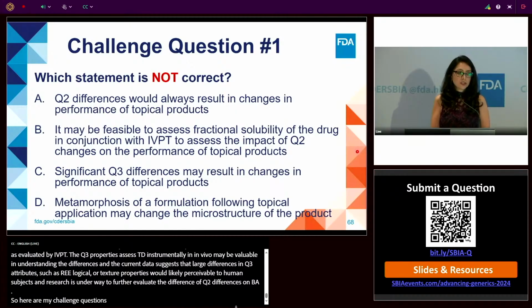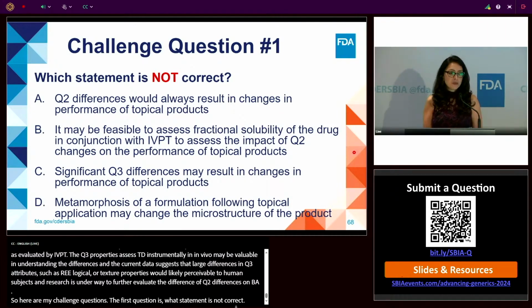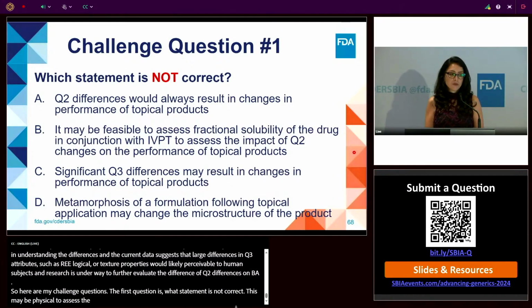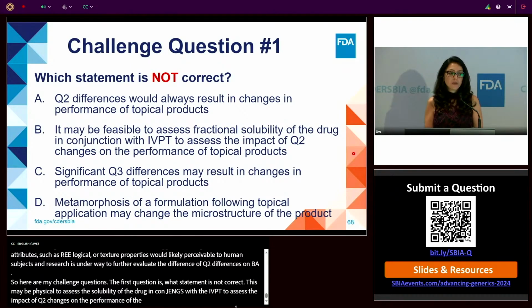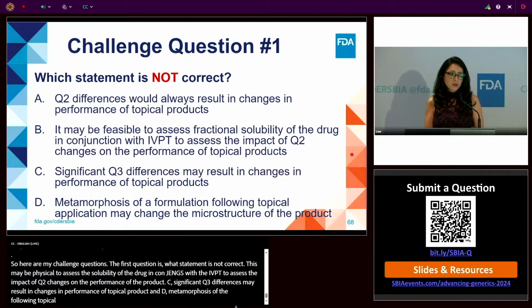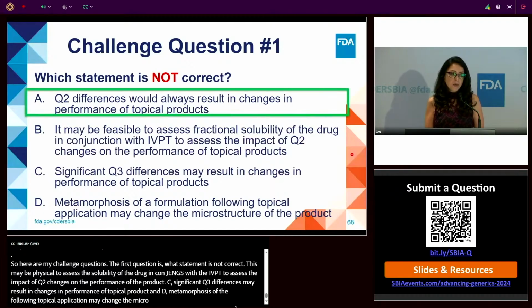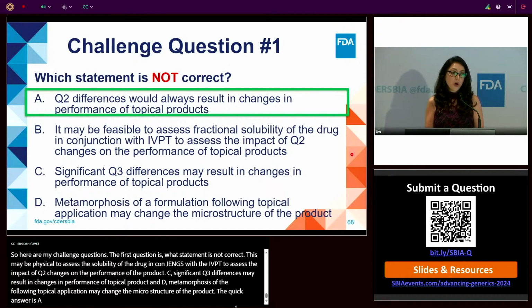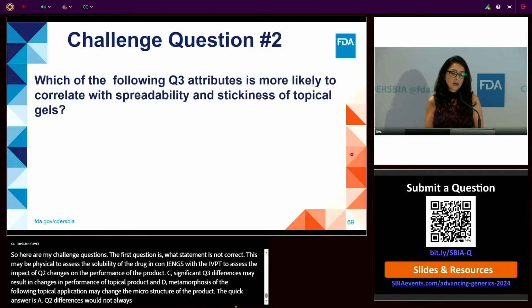The first question is, which statement is not correct? A, Q2 differences would always result in changes in performance of topical products. B, it may be feasible to assess fractional solubility of the drug in conjunction with IVPT to assess impact of Q2 changes on performance of the product. C, significant Q2 differences may result in changes in performance of the topical product. And D, metamorphosis of the formulation following topical application may change the microstructure of the product. So the correct answer is A, because Q2 differences would not always result in changes in performance of the topical